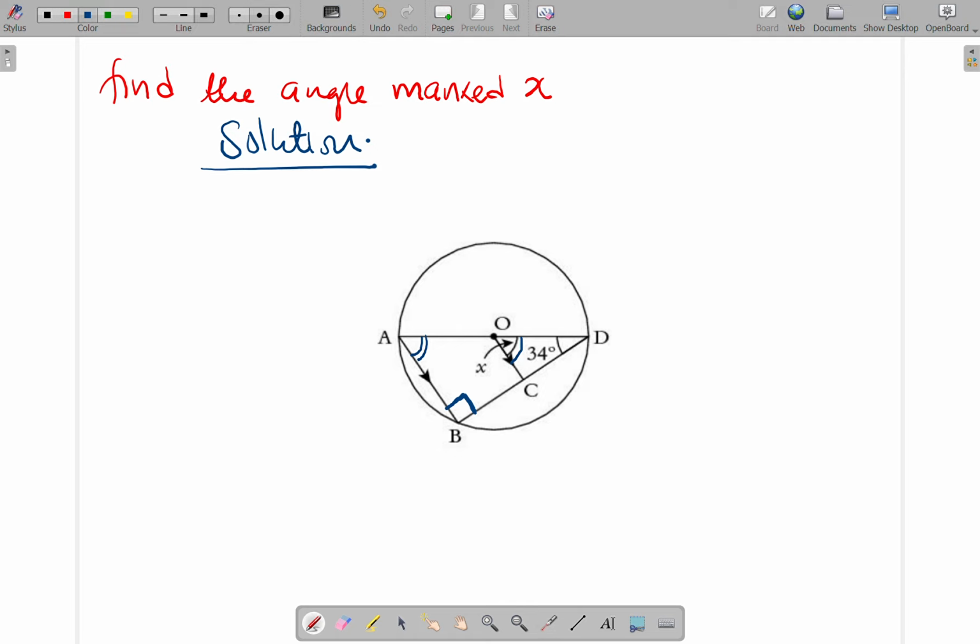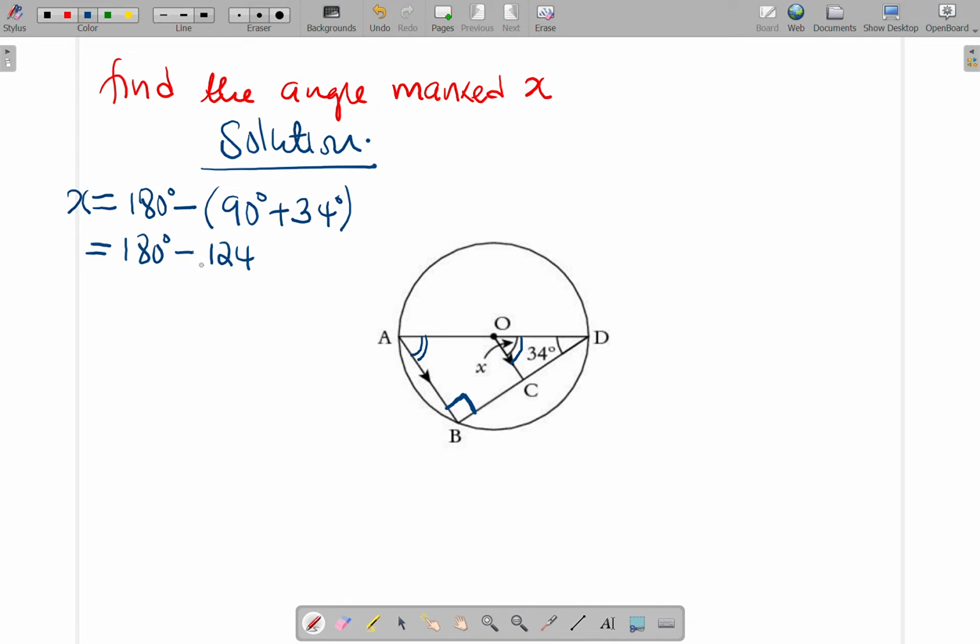So let's just find that angle. Therefore, I'll say x. Since these are corresponding angles, I'll use that. X is equal to 180 degrees minus (90 degrees plus 34 degrees). So this is going to give me 180 degrees minus 124. 90 plus 34, I'll get 124. So 180,